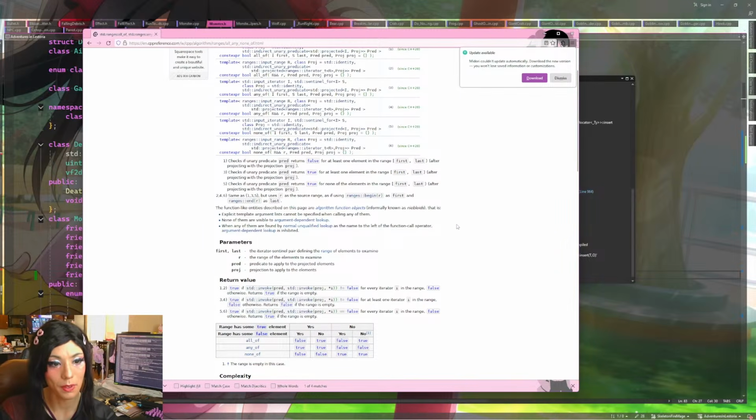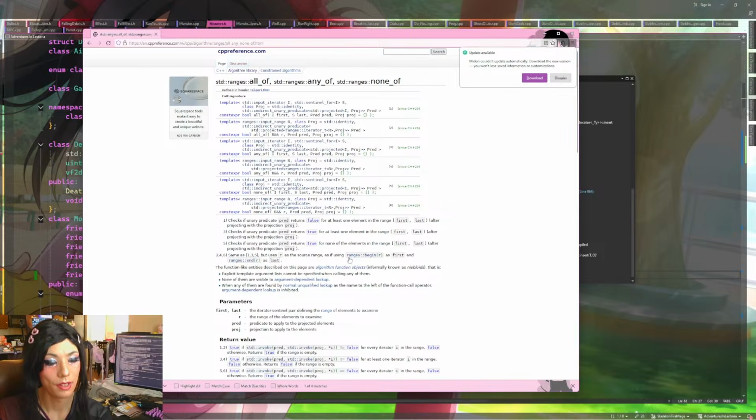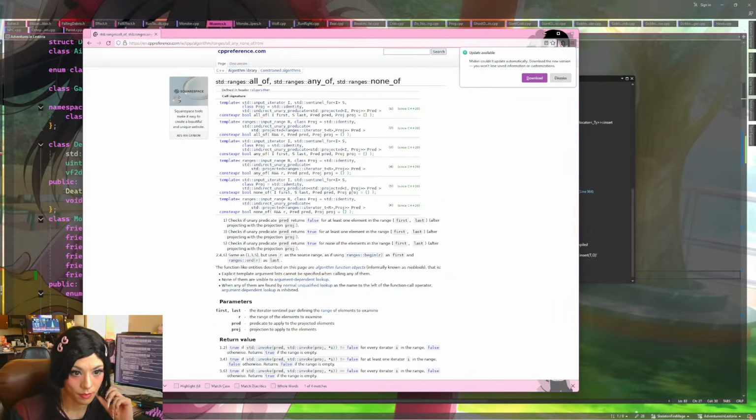Checks if unary predicate returns false for at least one element. Or 5. Checks if unary predicate returns true for none of the elements in the range, first to last. So I would say none of. Okay. And now check if it returns true for none of the elements.